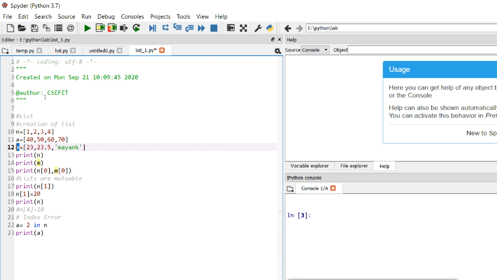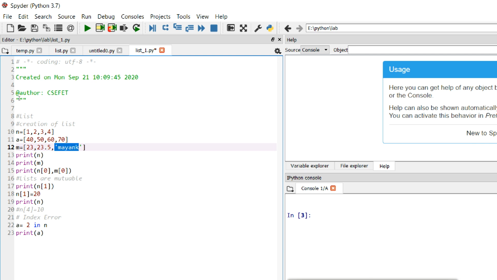Now very much similar to a string, every value of the list or every item of the list is represented by an index, and the index starts from the digit 0. So this first value is at index 0, the second is at index 1, and the last is at index 2 in this example.